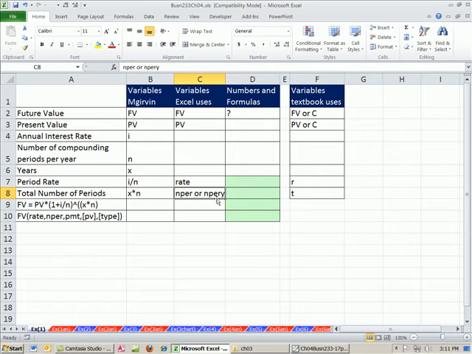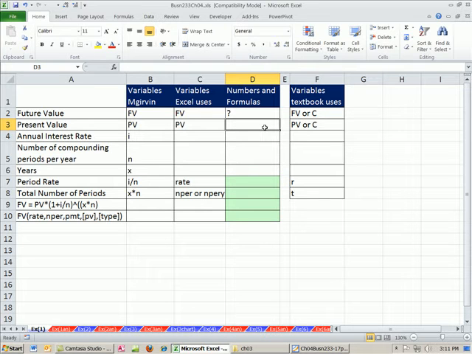NPER. Later we'll see NPERY for total number of periods. I'm even reluctant to put these here. Again, I don't like the textbook because I don't think they're as polite as they should be. If you explicitly say that there's two parts to this, I think that makes it easier to understand. All right, now, in our problem we just